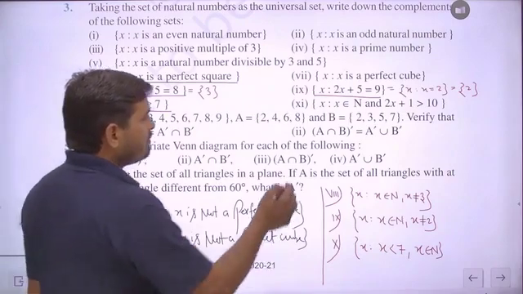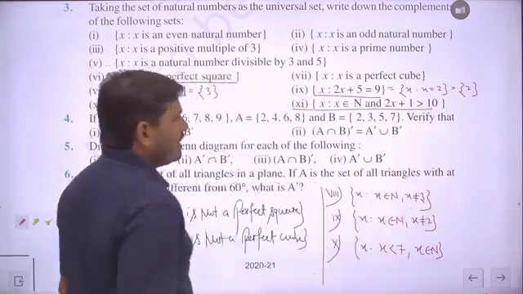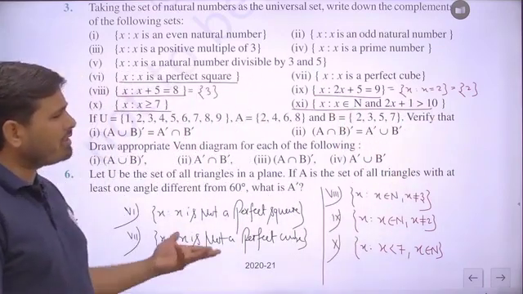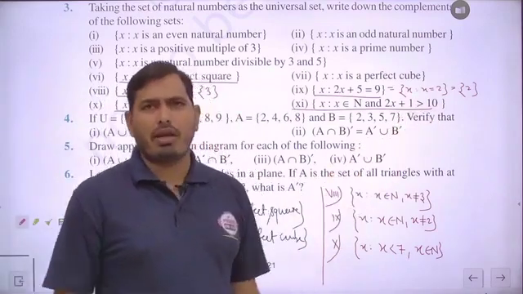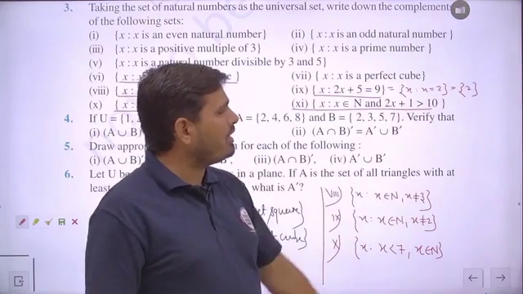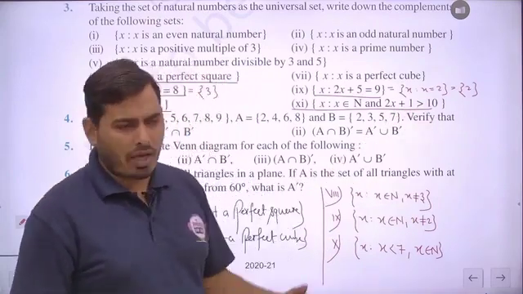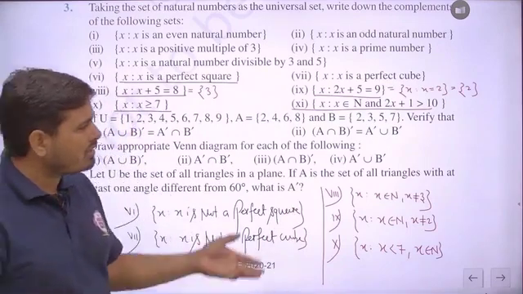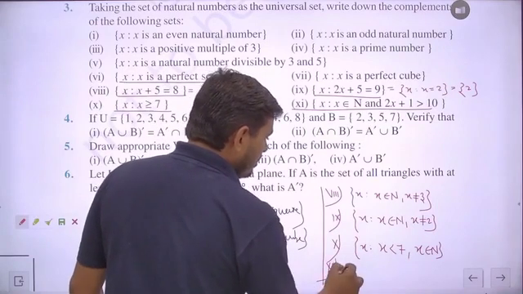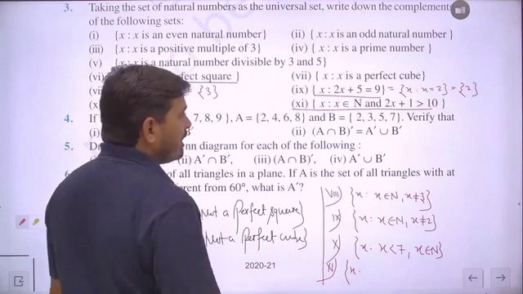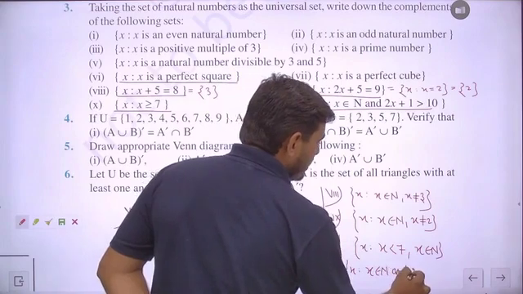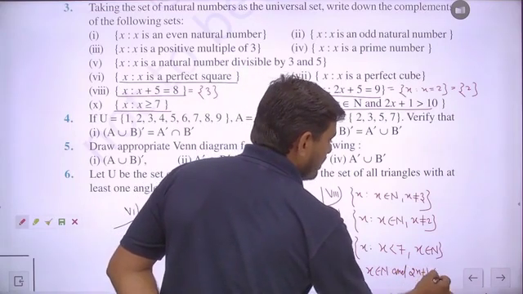Next and last part of this question number 3, the 11th part. You can see here x such that x belongs to the natural numbers, 2x plus 1 is greater than 9. You can just change this greater than into less than. Is it clear? Suppose 2x is greater than 9 and x is greater than 9 upon 2. So 9 upon 2 will be 4.5. So you can just change this sign, x is less than. So if we write the complementary part of this 11th part, then x such that x belongs to the natural numbers and 2x plus 1 is found to be less than 10.